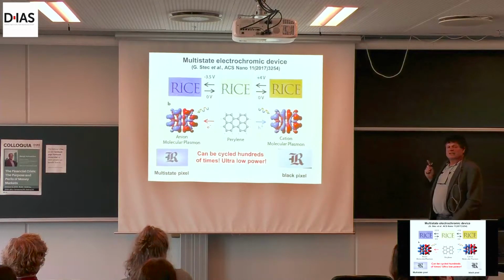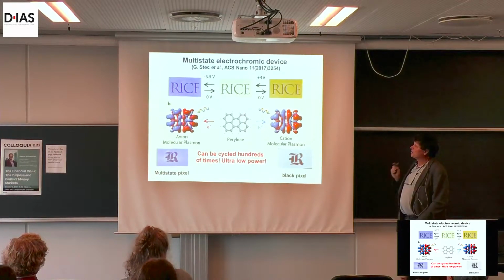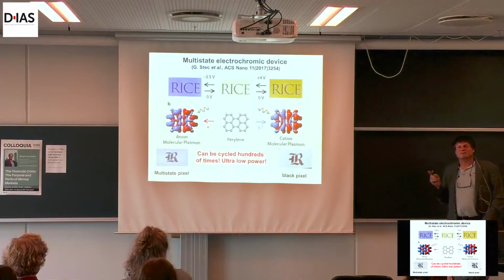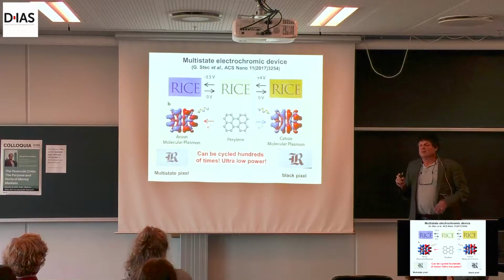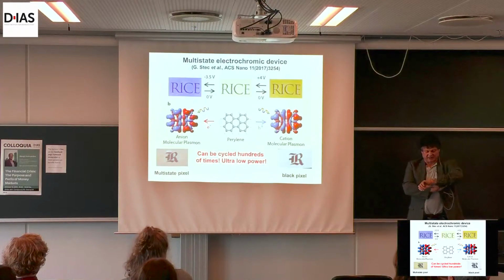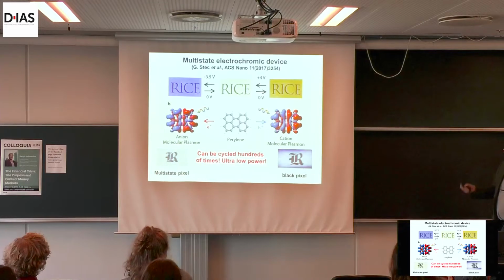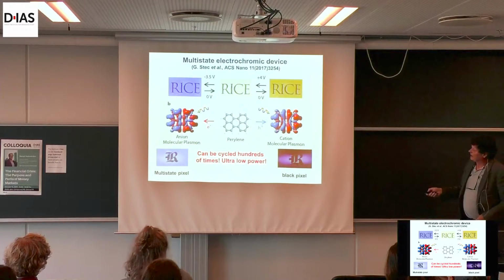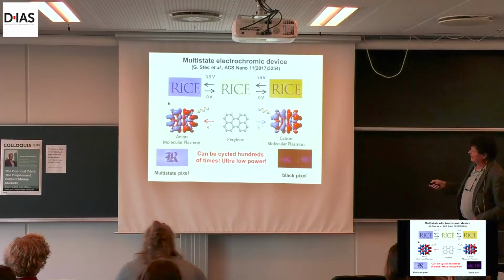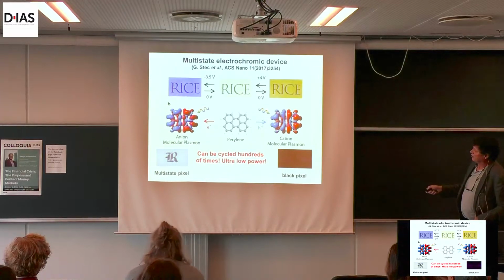We can make a device out of it. In fact, this is a multi-state electrochromic pixel. So typically pixels are red, white, and blue, well, some colors, and you turn on different magnitudes to activate different colors. But here we can do this because we can change the color by either removing or adding an electron. We can build a black device by just taking a mixture of these, or we can have a multi-state color changing pixel.